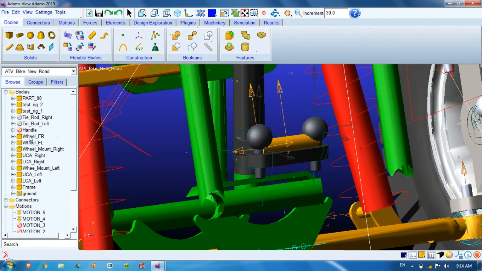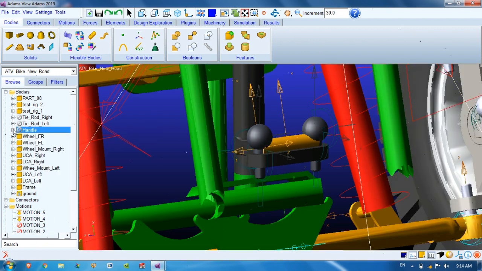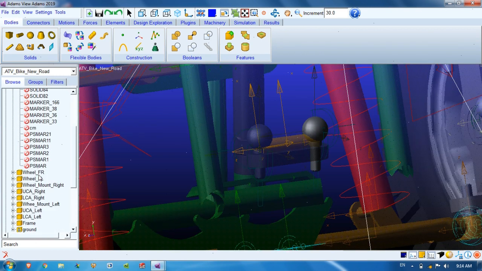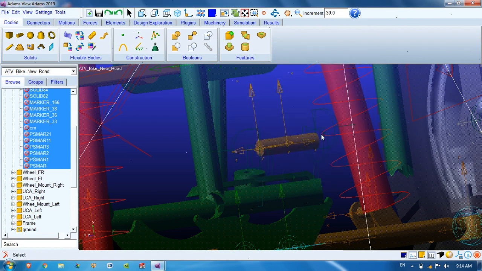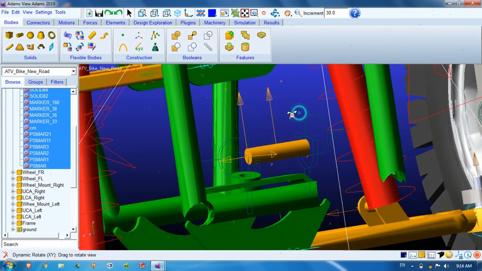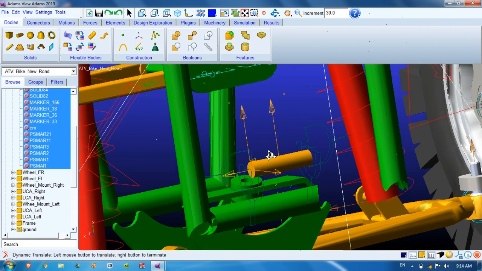So rest of the handle we will hide now, or we can delete also, but keep it as a deactivated part, so that if we need later we will use that.